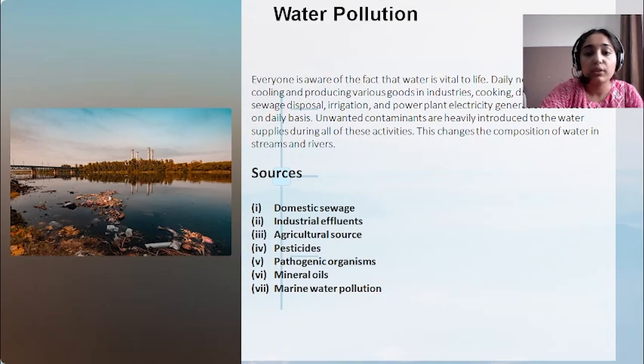See, students, pathogenic organisms are those organisms which are very dangerous, such as worms, bacteria, and protozoa, and these may lead to numerous harmful diseases such as cholera, TB, diarrhea, typhoid, and jaundice. These are the major harmful diseases caused by water pollution, and these diseases enter the human body or any living organism and may cause death also. So these are the harmful impacts which can be seen on living organisms due to water pollution. Next is